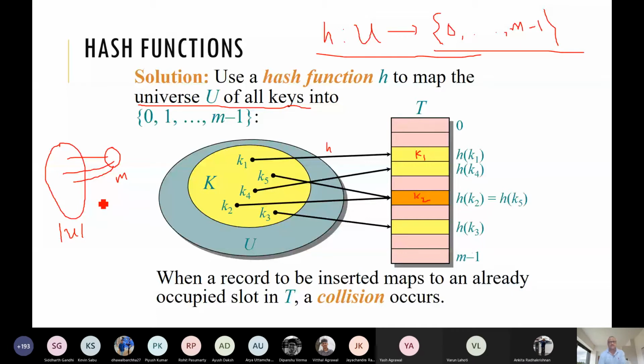So there has to be some collision. We cannot say we have a hash function with no collision. That is not acceptable, because this set is bigger and this set is smaller. We cannot construct a one-to-one mapping on that. So collision will be there, because k2 and k5 are mapping to the same slot, and this is only one array, so we cannot accommodate two keys there. So what we need to do